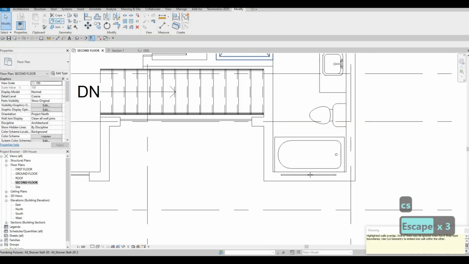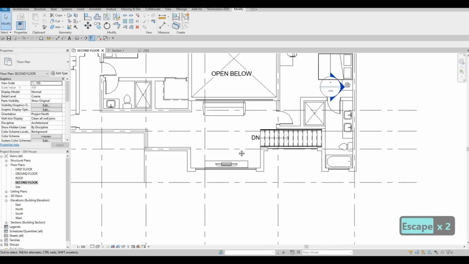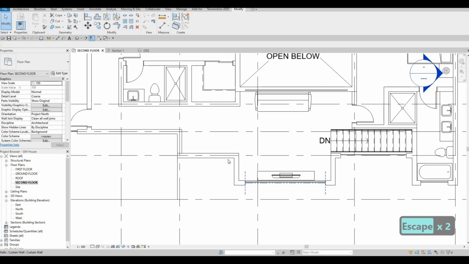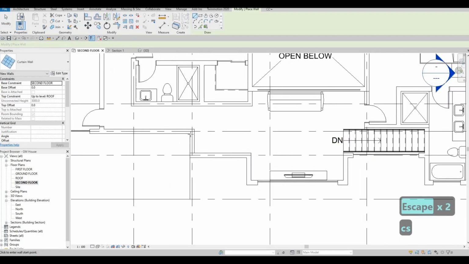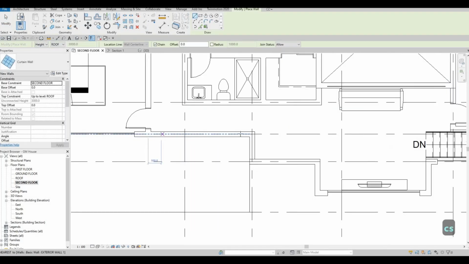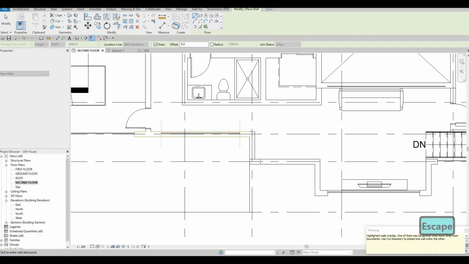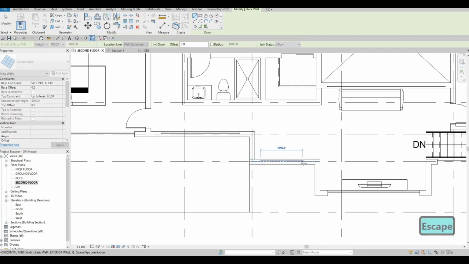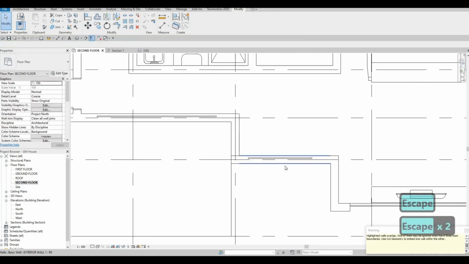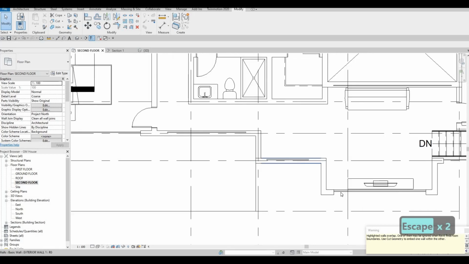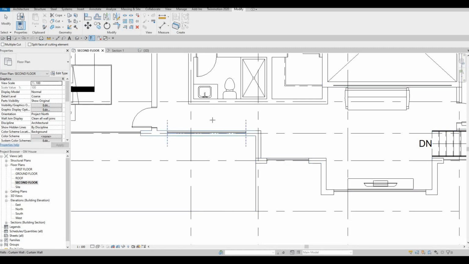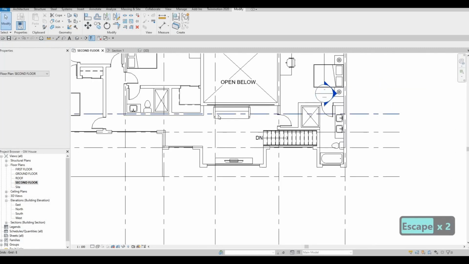and then click on cut geometry again, and then add it here. So it's good to have windows right here as well. We could even change the windows to a smaller one, so we could design it later on. I just want everything to be shown cut, and then we could